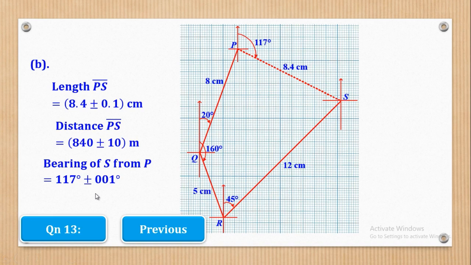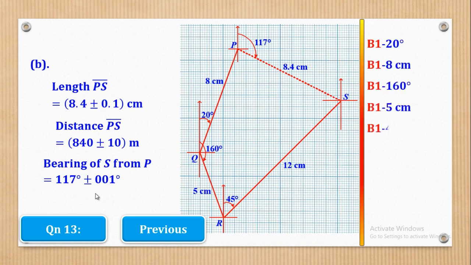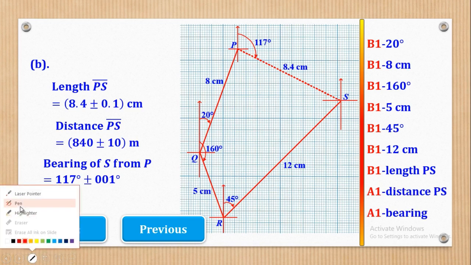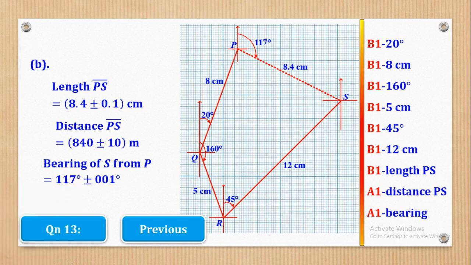Now let us see how the marking can be done. Remember, we have already got 3 marks in the sketch and conversion. So we are left with 9 marks. So the first mark here, B1, will be for you to draw this angle very well using a protractor. So here, angles are drawn using a protractor. So when you draw that angle, measure of that angle, it will be B1 from north. Then B, another mark will be measuring off that